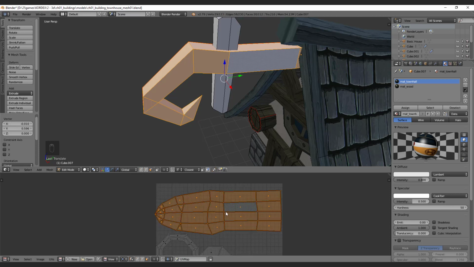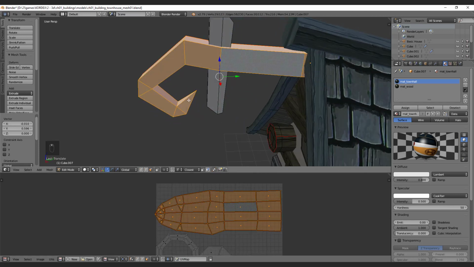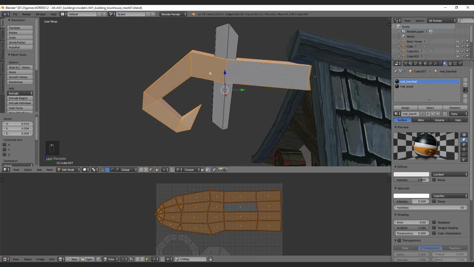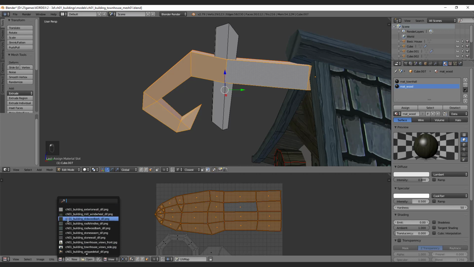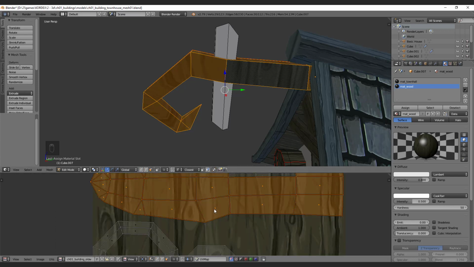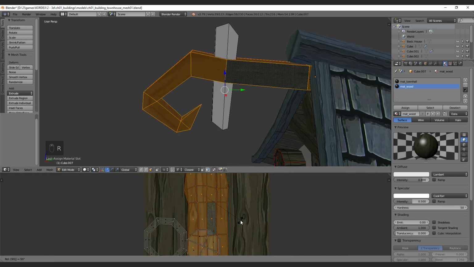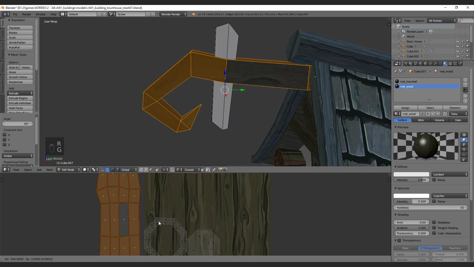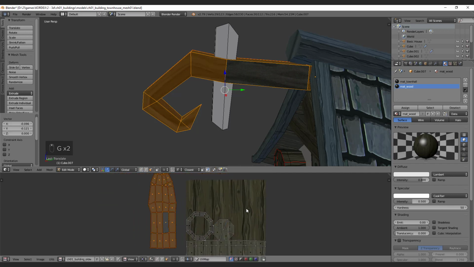This is for the reason that this is not a flat design. This is just this curly thing here. It is pretty nice. So I assign now the wood material to this one, bring the wood texture to this, and rotate it for sure here in the UV editor so that we get the texture flow along this